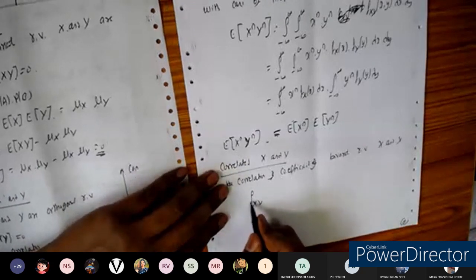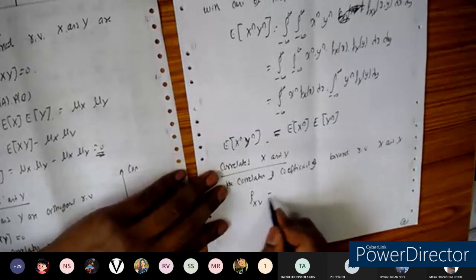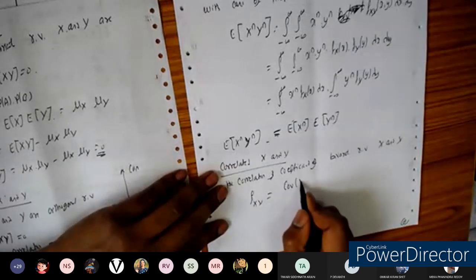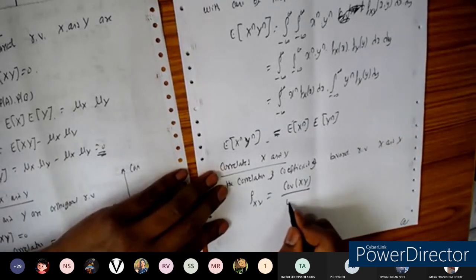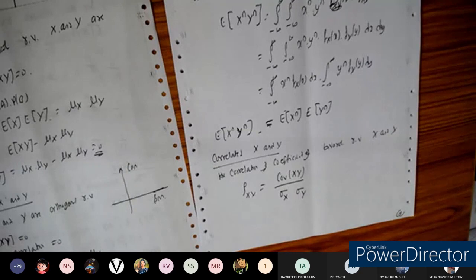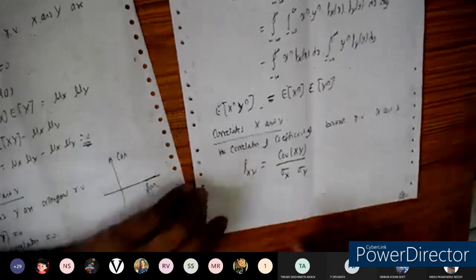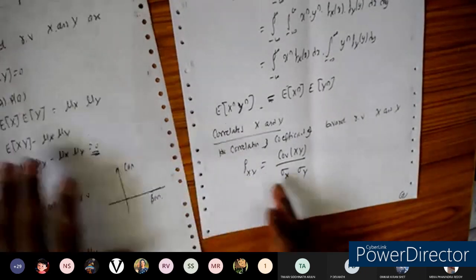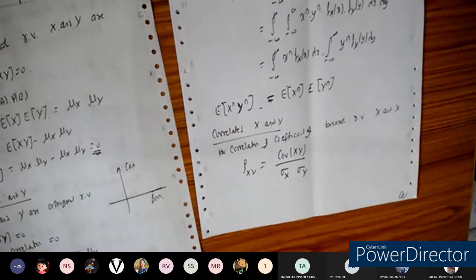This will be called rho. This symbol, you know, it is rho here. So it is nothing but the covariance of x and y divided by the product of the standard deviations, sigma x into sigma y. Okay, so this is how the covariance is defined here. Similarly, for the transformed random variables. So this is called the correlation coefficient. It has certain properties.